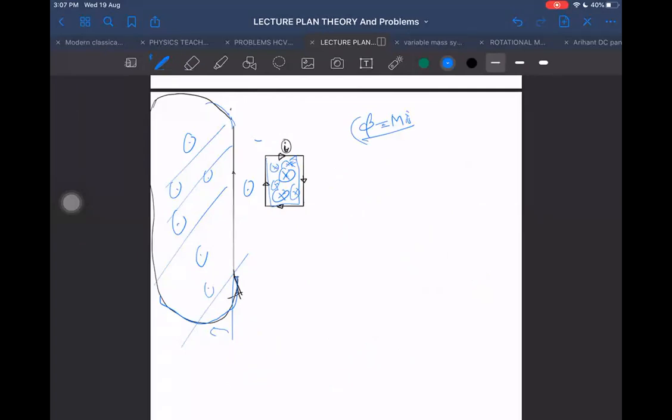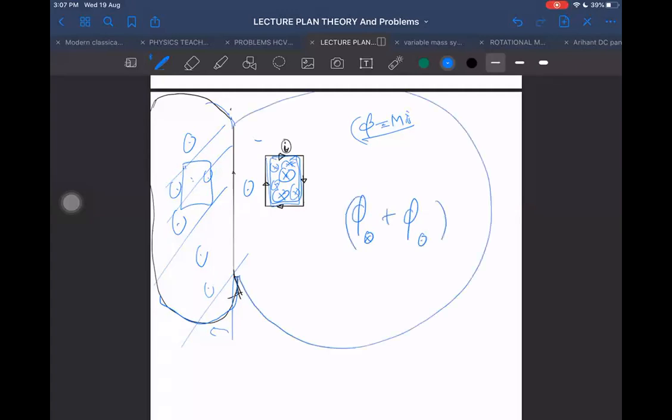Crosses will not decrease, sir. Crosses will not decrease means I could not understand. You are saying that these crosses are less here. Sorry, in the right hand side there were crosses, but in the left hand side there are no crosses, right? Yes. Let us do one thing. Let us give the name cross to the cross flux, and dot to the dot flux. What I am saying is that the net flux on the right hand side is equal to the net flux due to dot in the left hand side. Why can this not be equal? This can be equal.